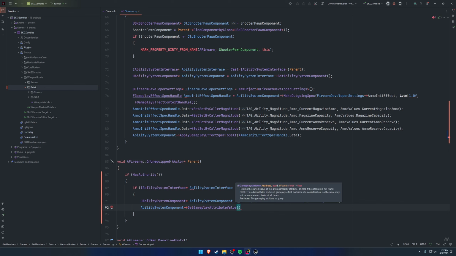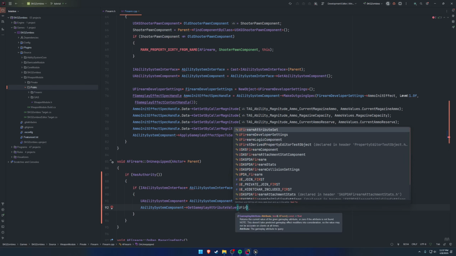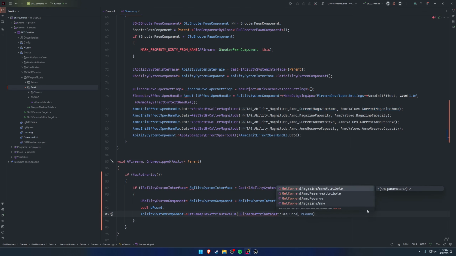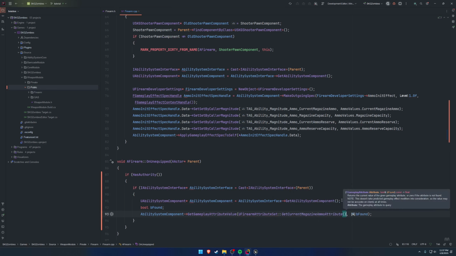So this takes in the attribute. So firearm attribute set, we want the current magazine ammo, and then a boolean if it's found, so be found. So let's make bool be found. Oh, right, not current magazine ammo. We want get current magazine ammo attribute. Okay, now let's go ahead and store this, which is going to be ammo values